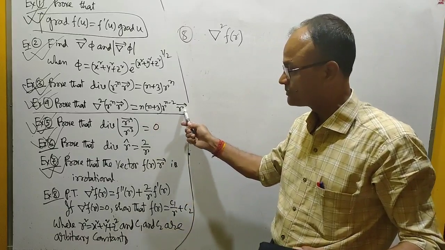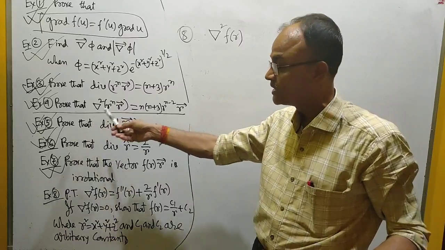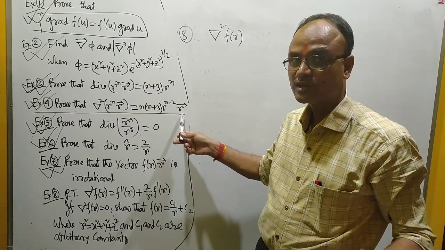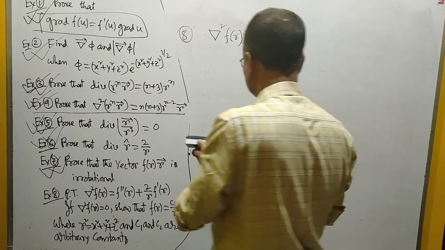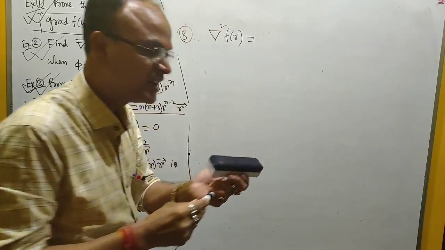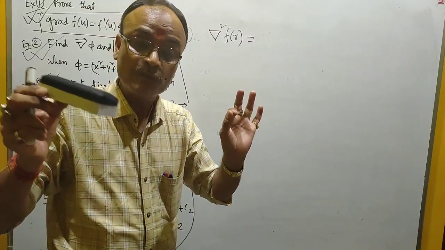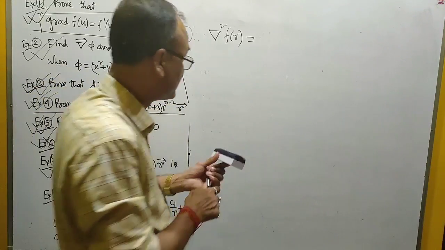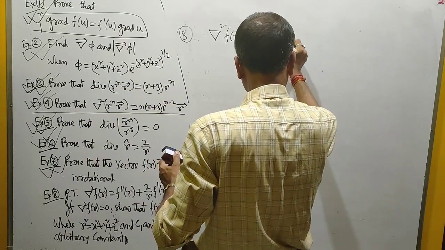Compare with question number 4. Here, since it is scalar, you cannot find the divergence of a scalar. You can find the divergence of a vector, but you can find the gradient of a scalar. Therefore, you will have to write